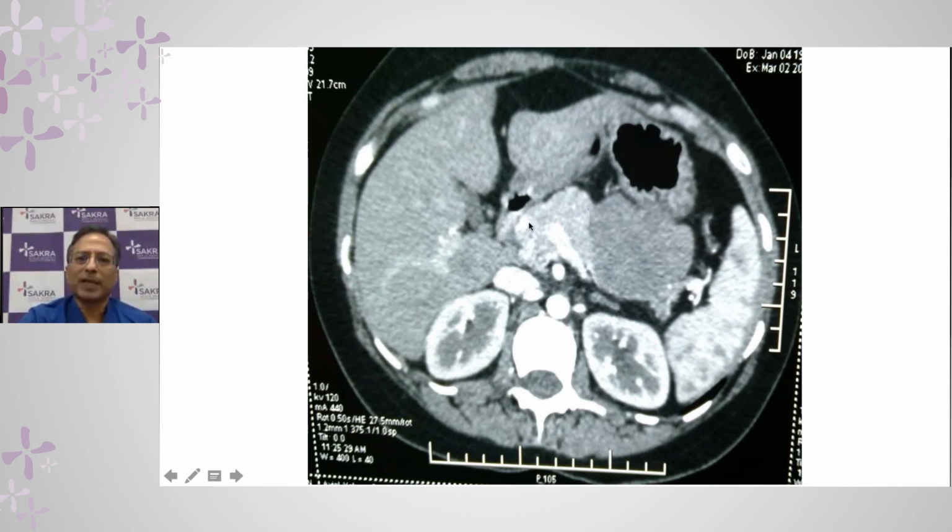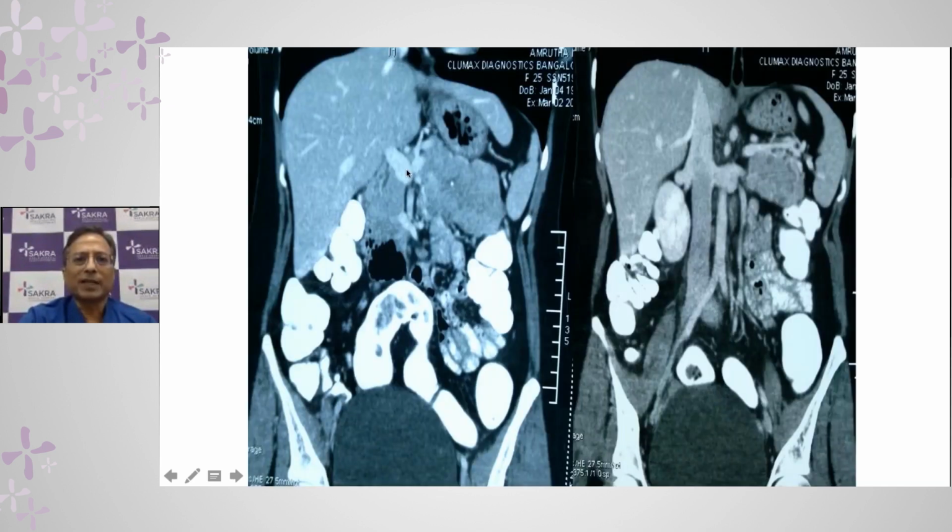You can see the splenic vein, part of the pancreas, and this grayish lesion. This is the cystic solid lesion which you can see in relationship to the tail of the pancreas. And this is the spleen. Now this is the coronal section. Again, the liver, the superior mesenteric and portal vein. This is the lesion which you can see, spleen, stomach. So this is a lesion in relation to the distal part of the pancreas. This is a solid cystic lesion of the pancreas in a young woman.